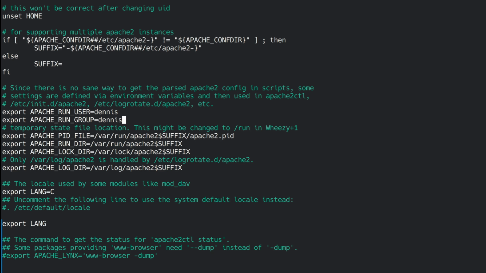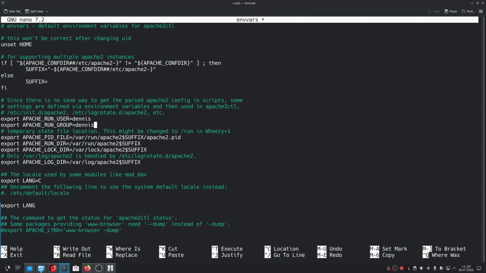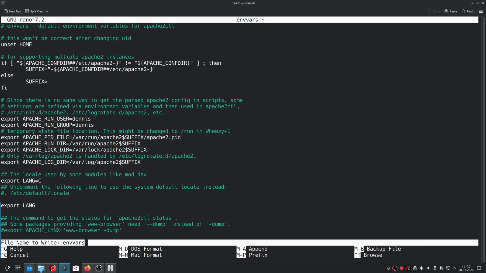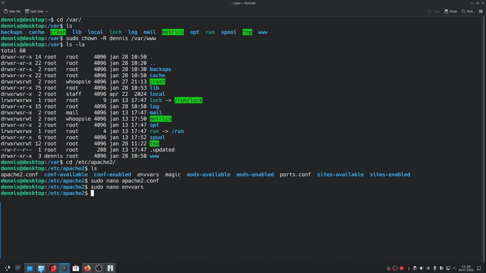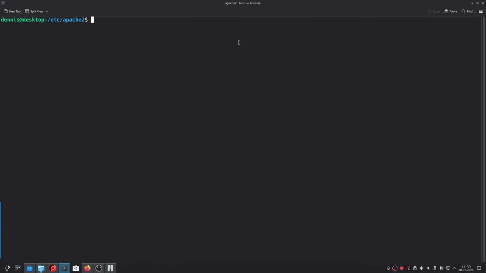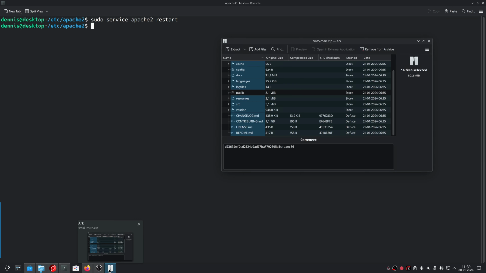And now let's exit this, write out, Control O, yes, and then Control X, yes, okay. Now let's restart the web server. Can do that with the command sudo service apache2 restart. Okay, now let's try that again with unzipping the folders to the right directory,